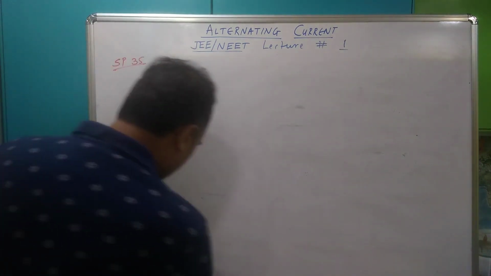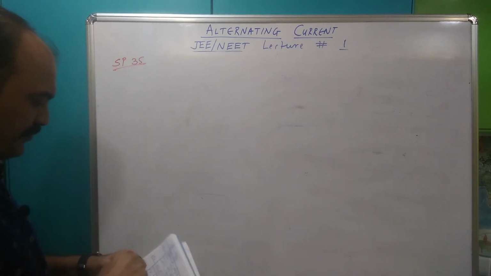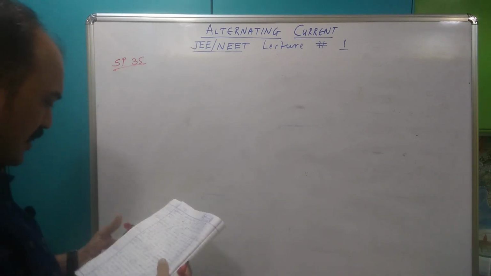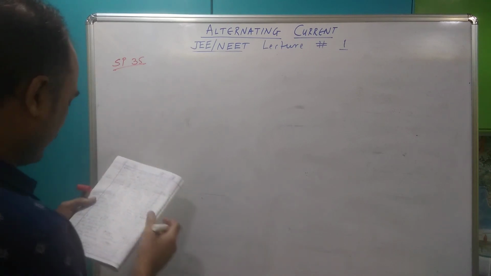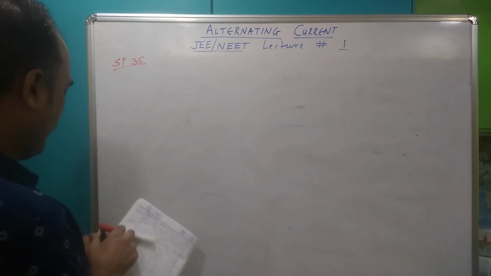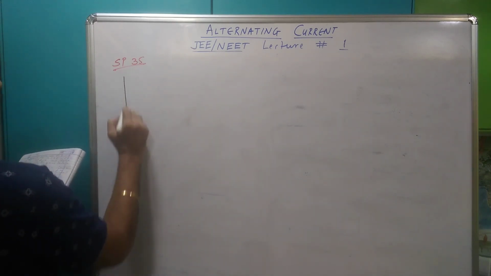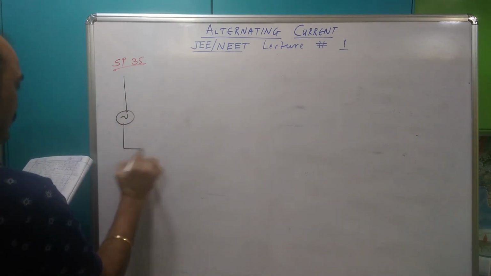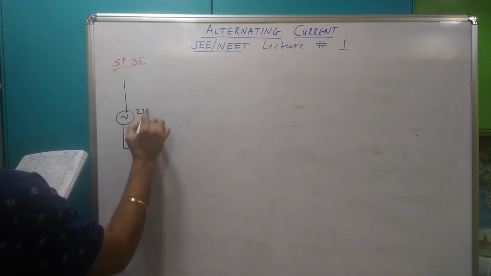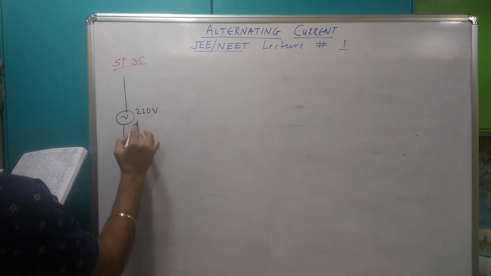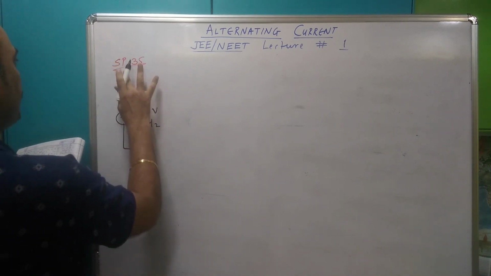Okay, SP35 is on the roll, and what does it say? They have a circuit out here, so let me first draw the circuit and then I'll be able to do justice. तो पहले circuit सर्किट. This is 220 volt. They have mistakenly written 200 volt, so mind it please.